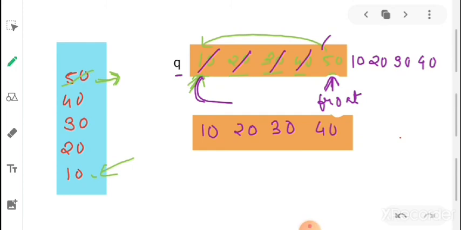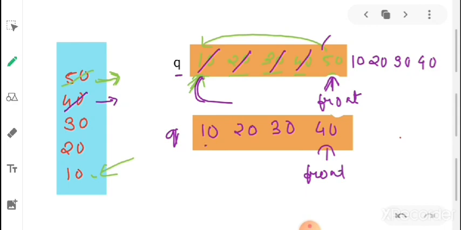And again, if we want to pop an element from the stack, 40 will be popped. So we want to make sure that 40 will be the one dequeued from the queue. So again we want to apply that logic so that 40 will become the front of the queue.